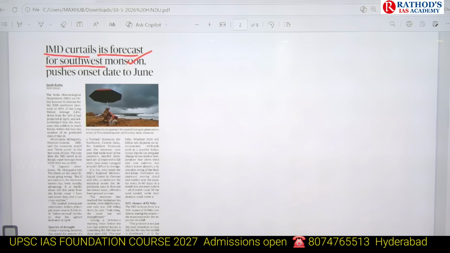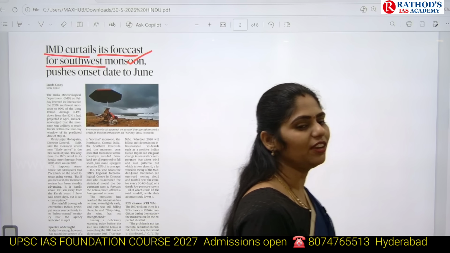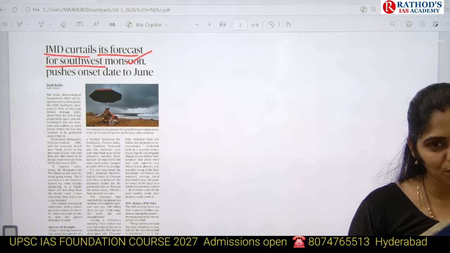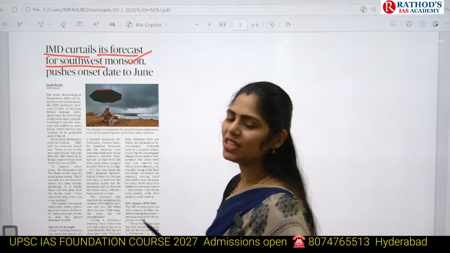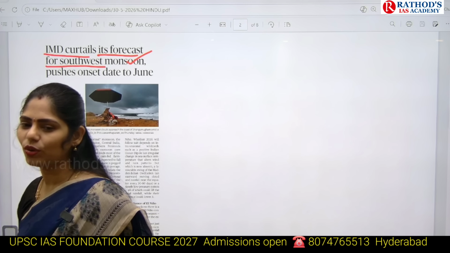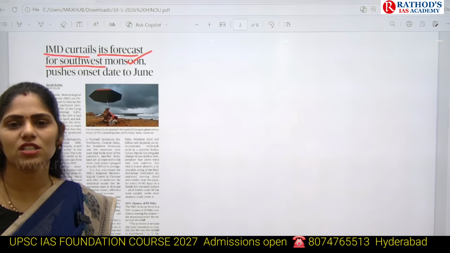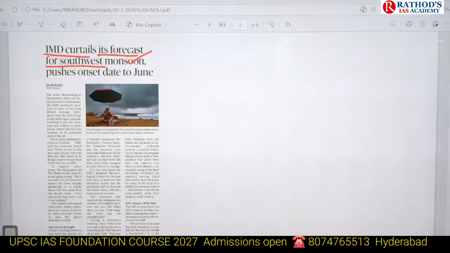onset of southwest monsoon. So monsoon is one important and favorite area of UPSC. Many a times UPSC asks direct questions in prelims and also in mains. In 2026 prelims also there is a question on this southwest and northeast monsoon, but it is related with Andaman and Nicobar geography. Okay. So when we discussed in our class, whenever we discussed about this Great Nicobar project, I constantly